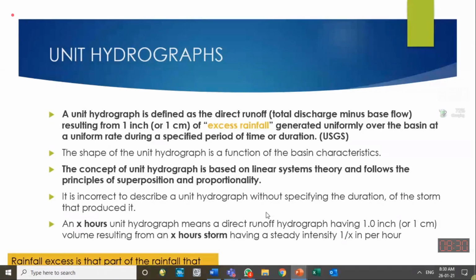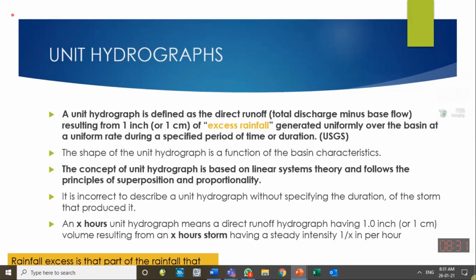So a unit hydrograph, which is actually a direct runoff hydrograph, DRO, doesn't contain the base flow. It is a direct runoff hydrograph generated by a storm having a total volume of water, which we say is an effective rainfall of 1 inch in US customary units or the FPS system. We say it is generated by a storm of 1 inch effective rainfall.